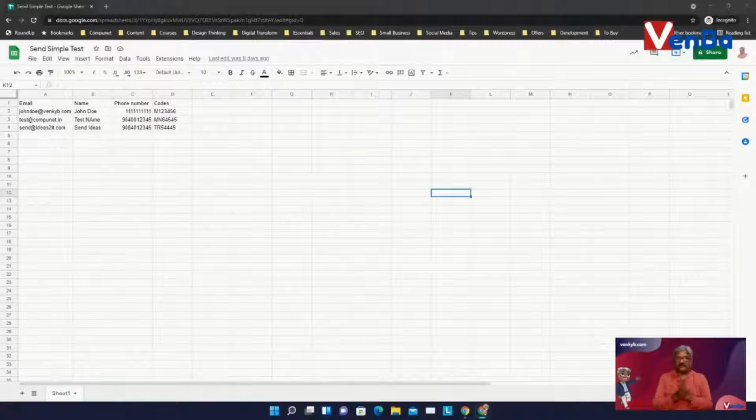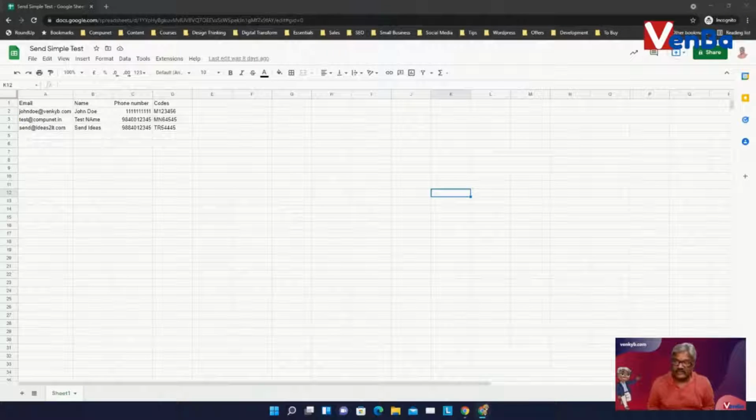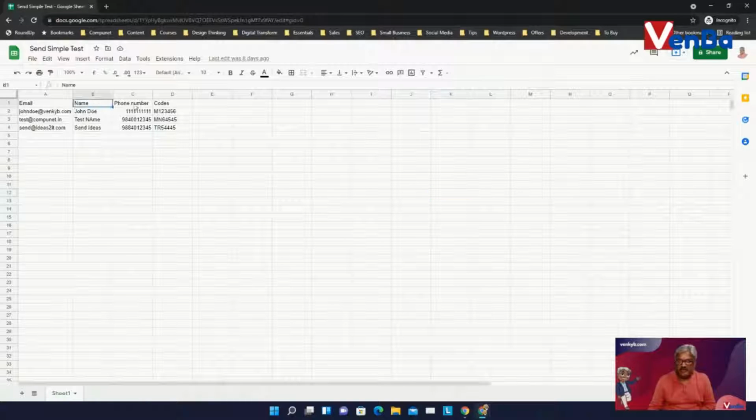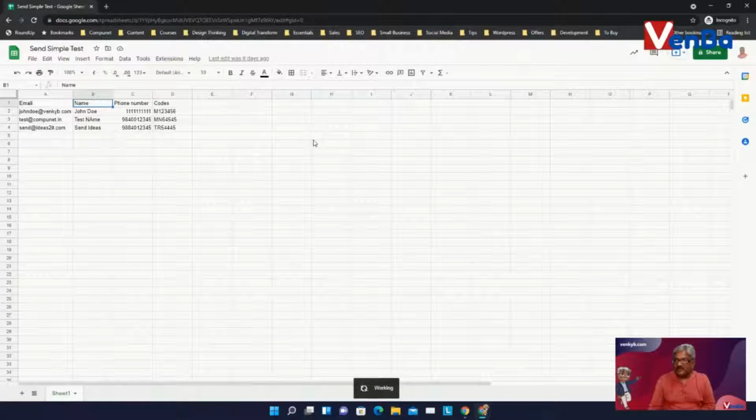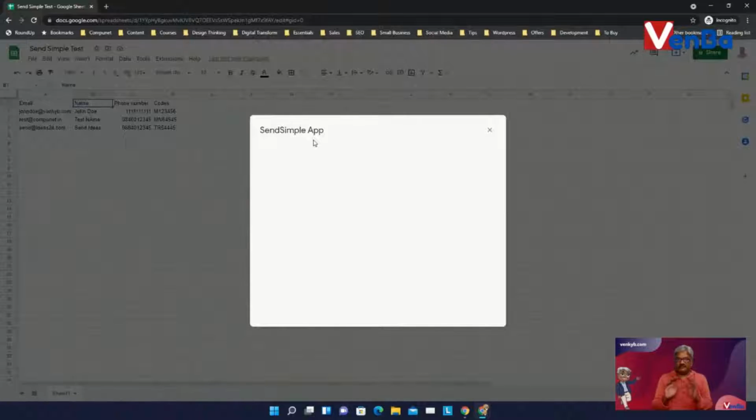Yeah, here it is. So SendSimple is an add-on that sits over your Google Sheet, and I've created a sample sheet with email ID, name, phone number, and some codes which I want to distribute to these people. It's pretty simple. I just created a simple sheet and named these columns as well. So let me go to extensions, and you will find SendSimple here. Very, very simple to use. The moment you open it,